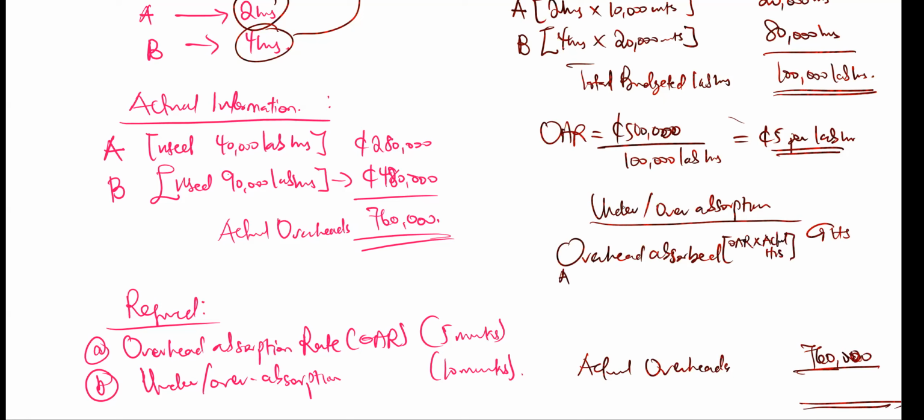So if we take product A, our OAR was 5 cedis per labor hour. How many hours were actually used for product A? 40,000 hours, right? And how many hours were actually used for product B? 90,000 hours. So overall, this one was 5 per hour times the 40,000, giving us 200,000, and then 450,000, right? So overall, we are saying that we have